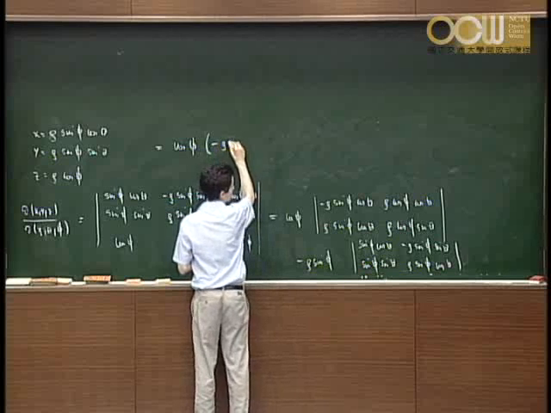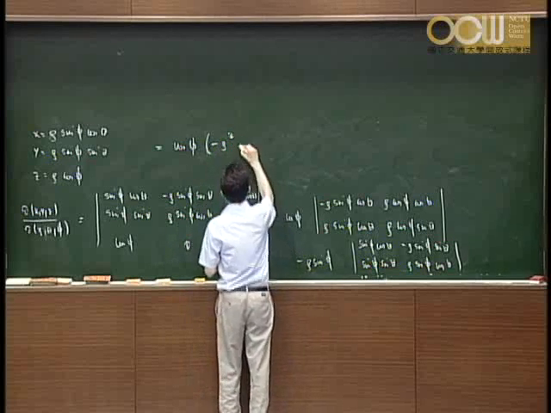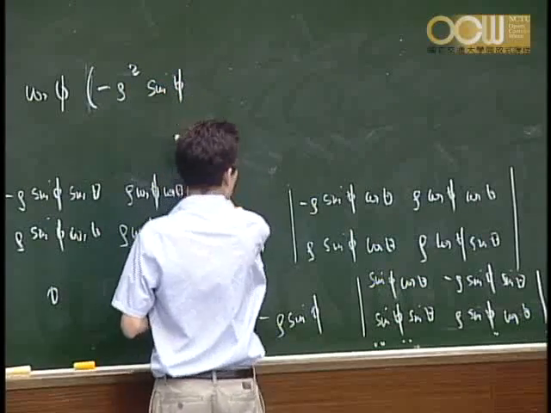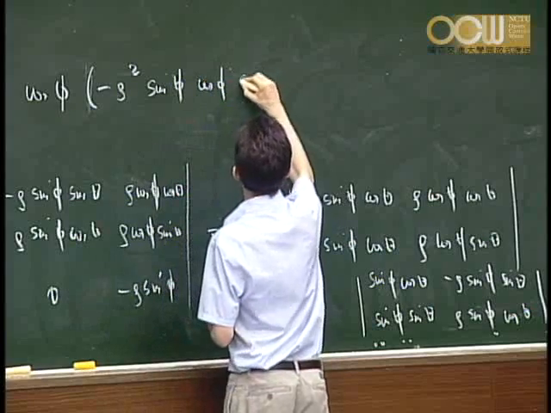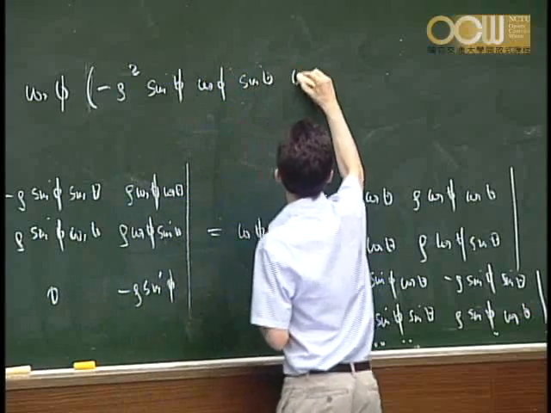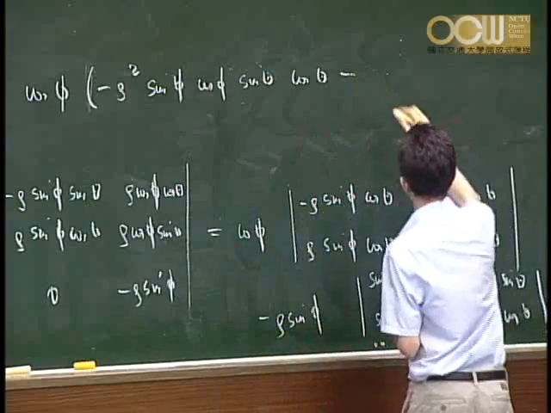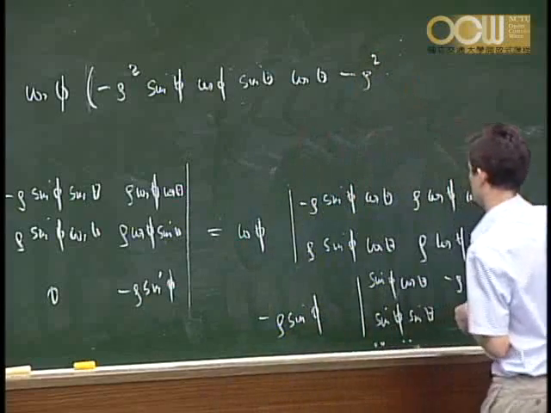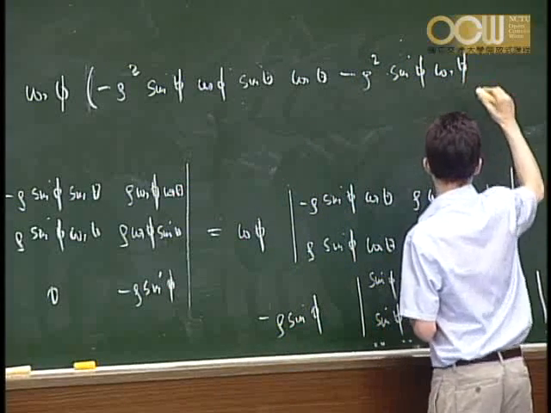Minus rho square sine psi cosine psi sine theta cosine theta minus, and here we have rho square, and then again we have sine psi cosine psi